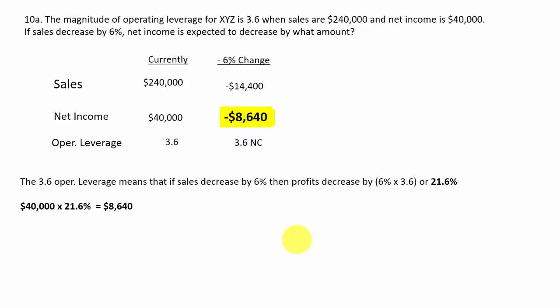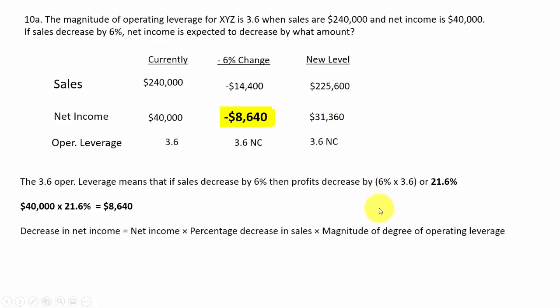$8,640. So our leverage doesn't change, and the new level of sales would be 240 minus 14.4, or $225,600, and our new income is going to be $40,000 minus 21.6% of that, which is $8,640, which means our net income is going to end up being $31,360, and of course there's no change in